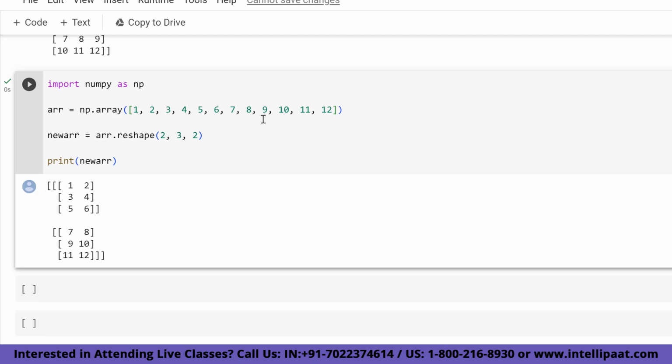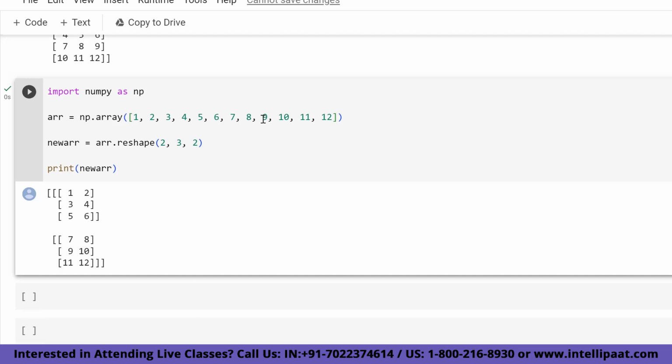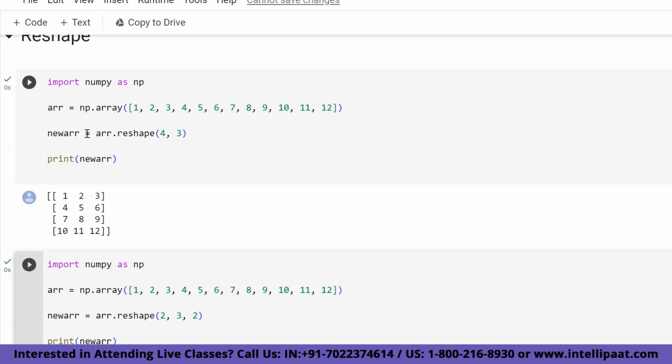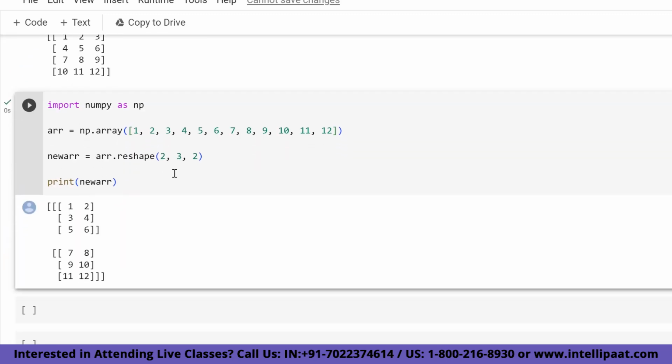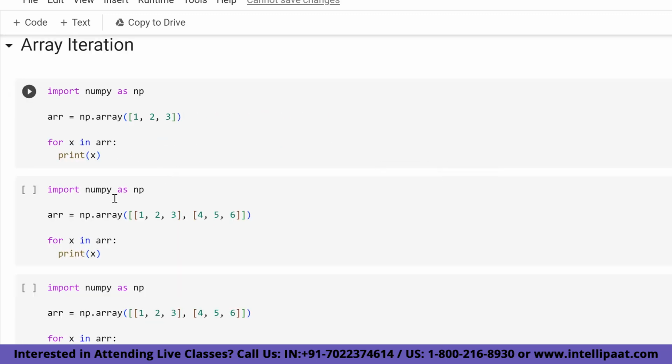I hope you guys have got an idea about the reshape function. So here we have transformed our 1D array into a 2D array, and here 1D into 3D. Okay guys, now let's go on to array iteration. In array iteration, we have an array, np.array,